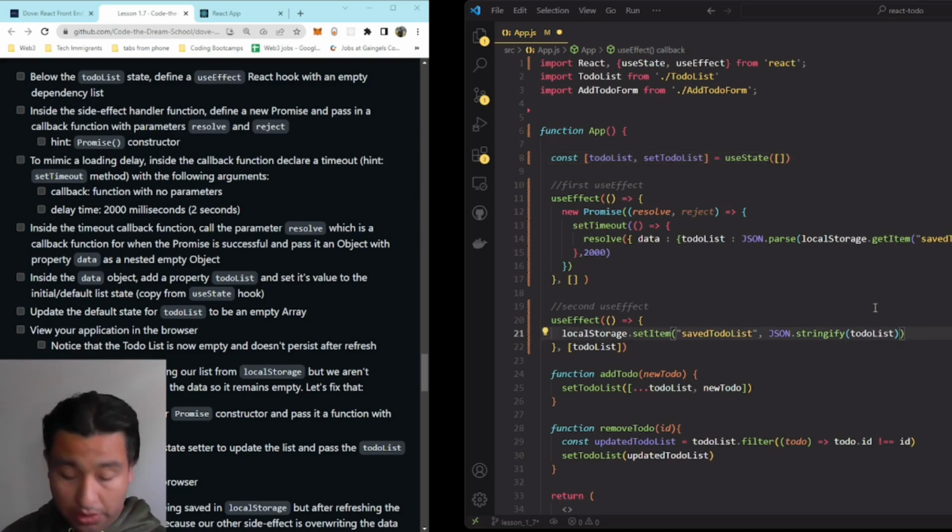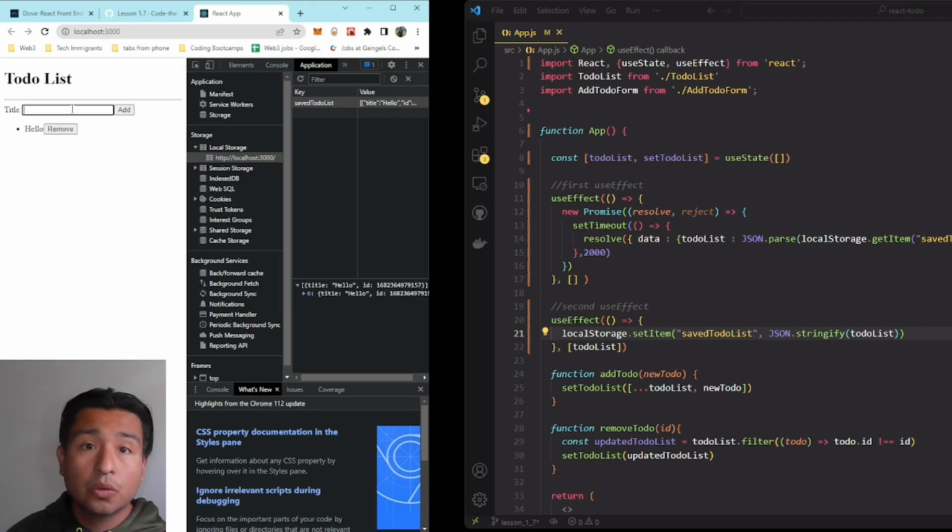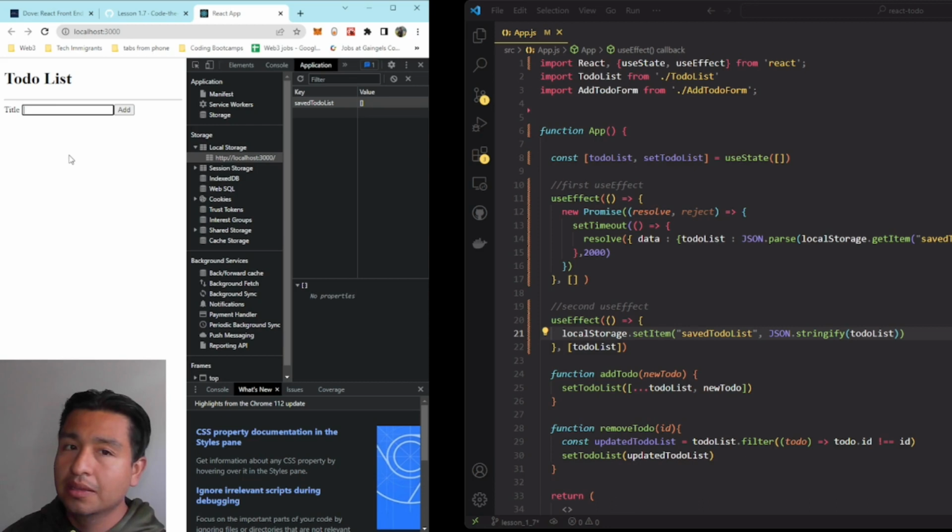Okay, so if I Control S to save, and it's tested, hello world. So we have our saved to-do state that has been saved, but if I refresh it, they disappear